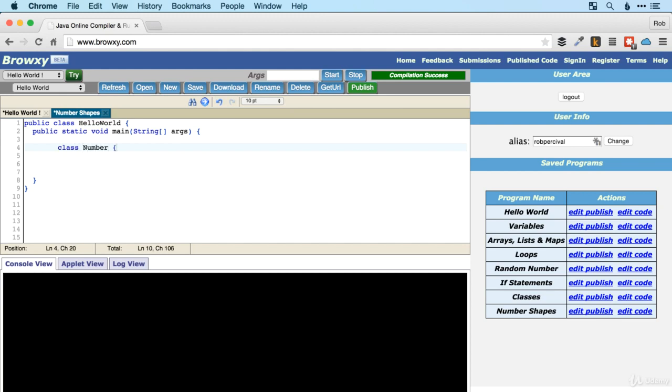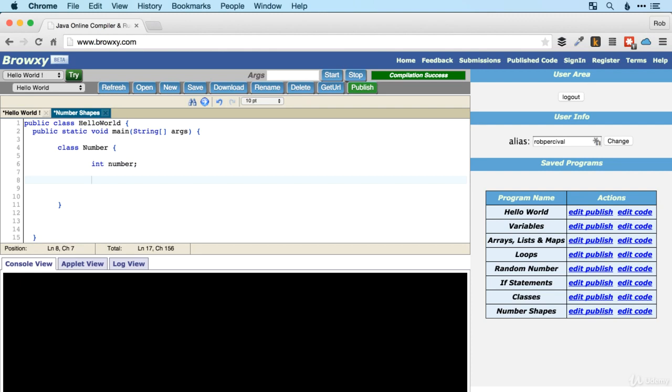You may notice that I gave you a bit of a clue as to how we might set this out in the final example of the previous video. So here's our number class, which is going to have our number variable contained within it, and then our tests for is it a square number, is it a triangular number. So let's start by creating our variable number,